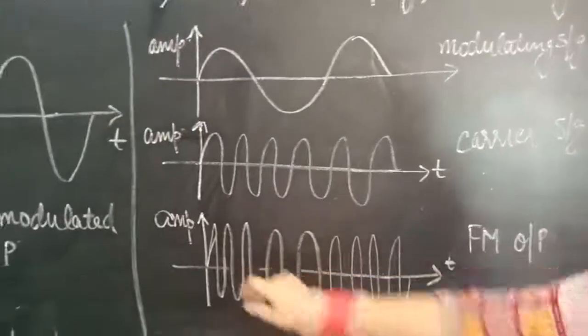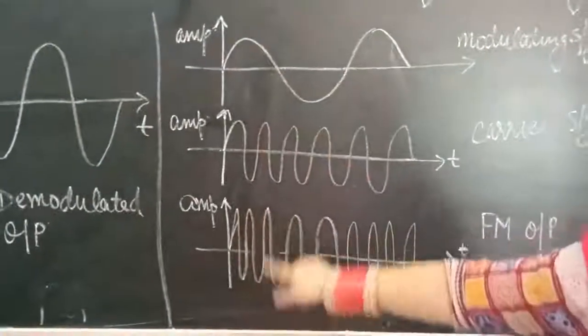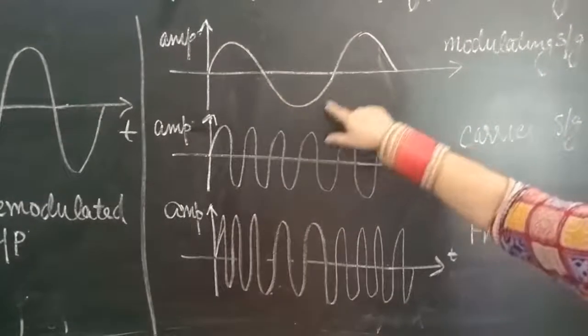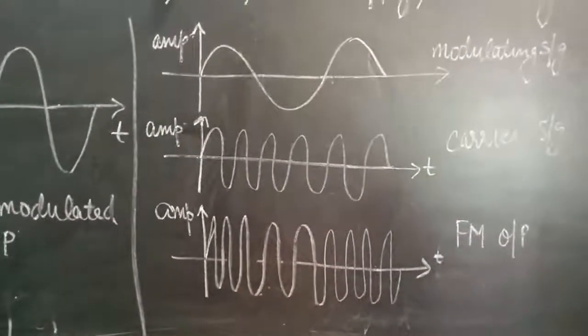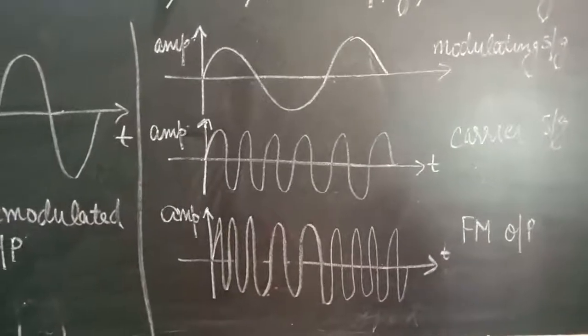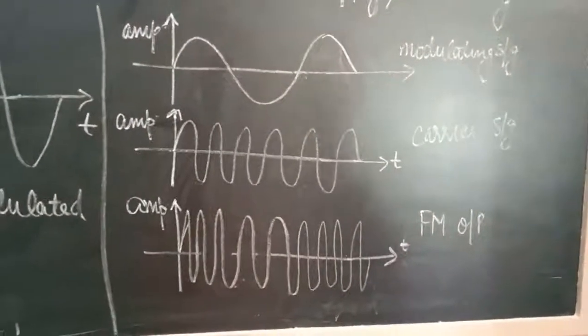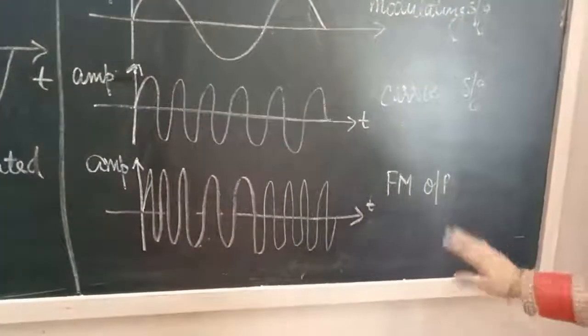we will get the FM output. In case of FM output, you can see if your cycle is positive, then the number of cycles will be more. Okay, and if it is the negative cycle, then the cycle will be in expand mode, meaning the number of cycles will be less in that case. So we have generated the FM output using the PLL. Okay, now add the demodulator. So this is the FM generation.